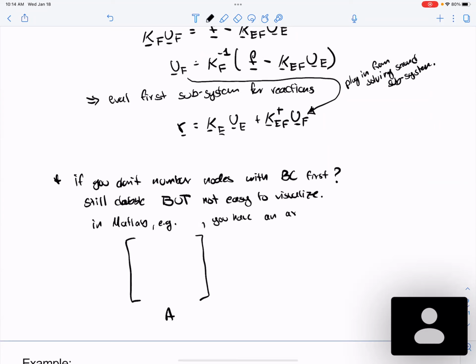Let's say you have an array with rows you're interested in. Let's say it's an array that has like 1, but then it skips. It doesn't go... let's say you have 3, 4, 5, 10. I don't know, some array with rows that you care about. In MATLAB, you are allowed to do, for example, a submatrix B out of A. Let's call this UE, for example. In MATLAB, you could do this,